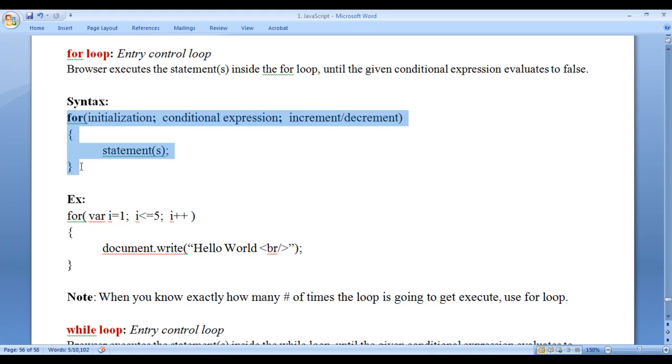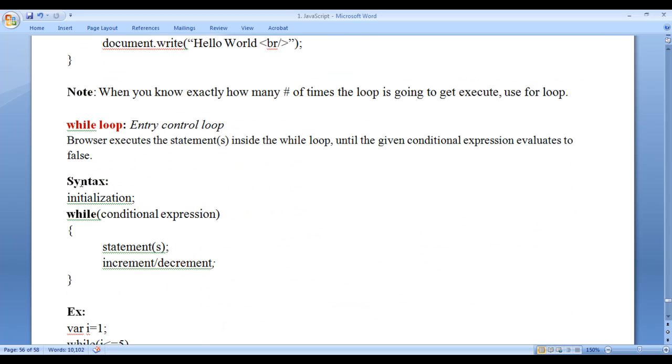This is a for loop syntax where we write a for keyword, and in pair of parentheses we write initialization statement, conditional expression, increment or decrement, and in the body of the loop we write set of statements for executing repeatedly. If you observe the syntax of the while loop, we write the initialization before the while.